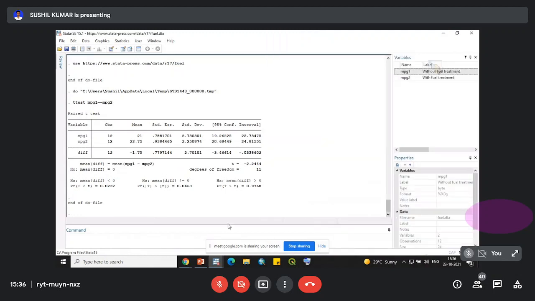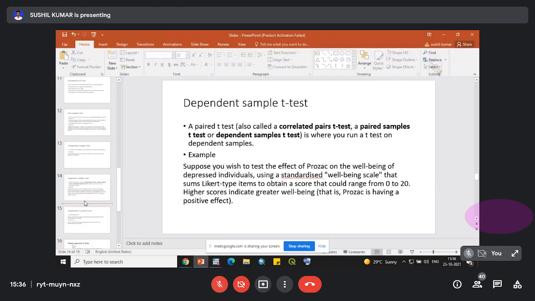Now here the most important thing in a paired t-test is that we have information for the same variable, but we have two time periods, or we can say that the data for that variable we have is twice,